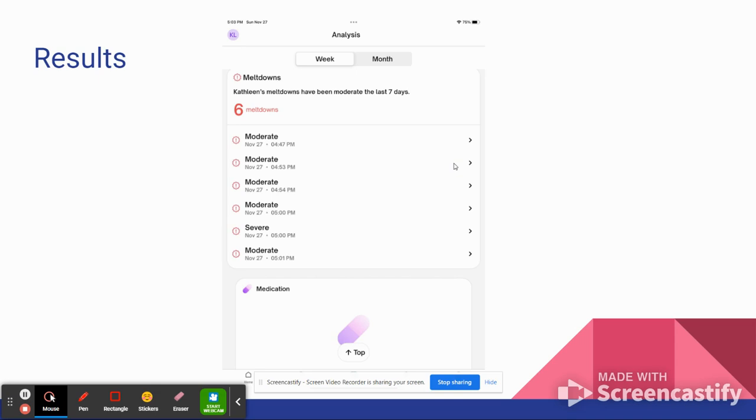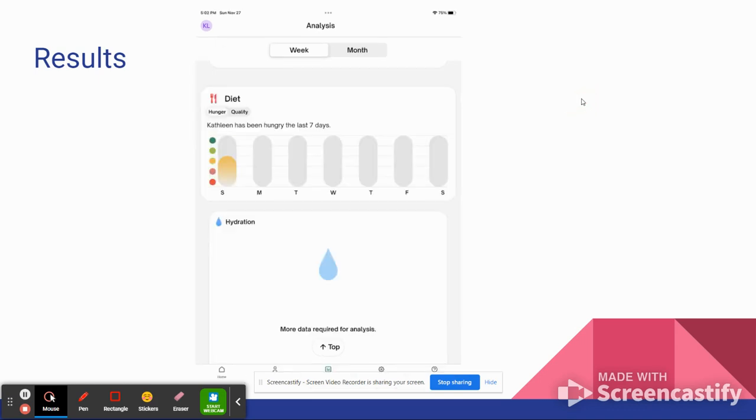Something I'm going to talk about with the benefits is that this can be shared with therapists, with doctors, parents. Parents should be playing an active role in the app. So it's a great way to look at these results and decide what's working for this child, what's not. Here's another picture. It was the same for the diet. As you can see, it just shows you a little breakdown of it. That's the hunger, and you can go to the quality and it'll show you the hunger was okay.